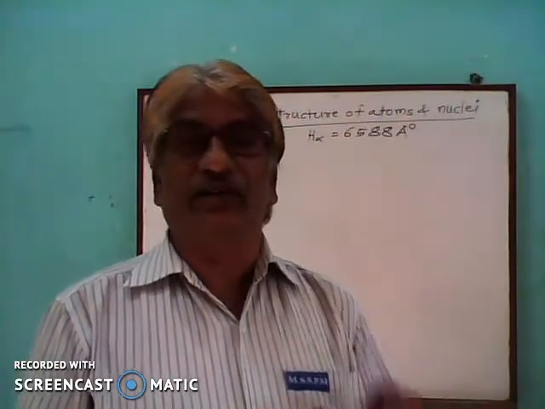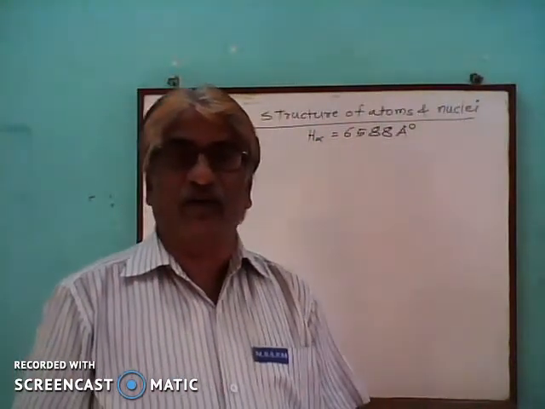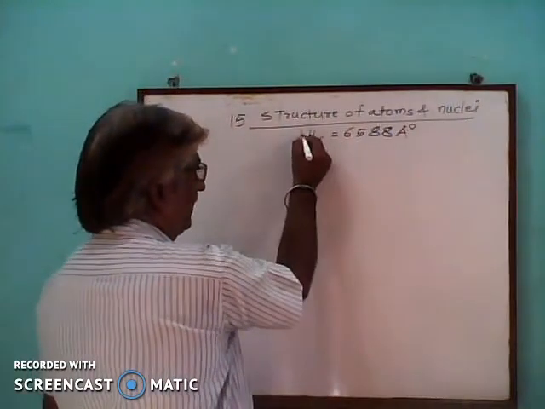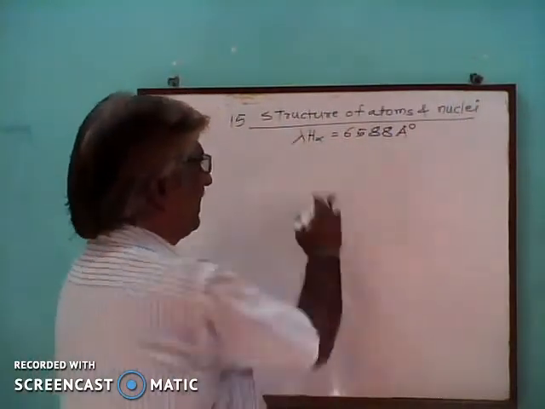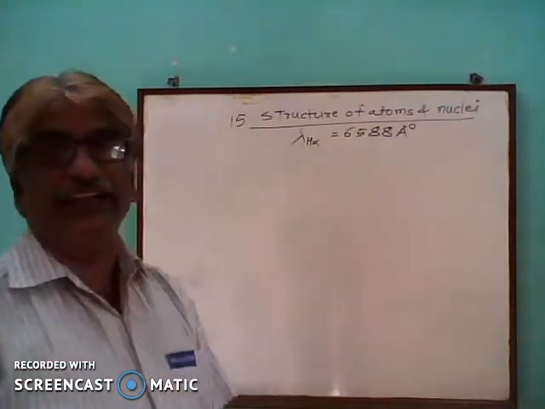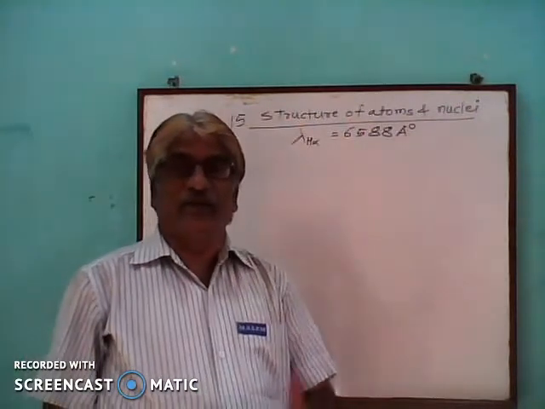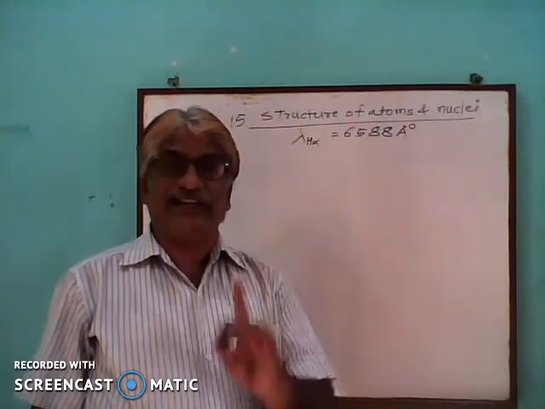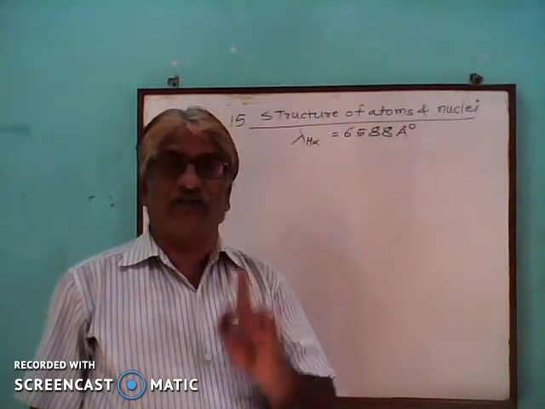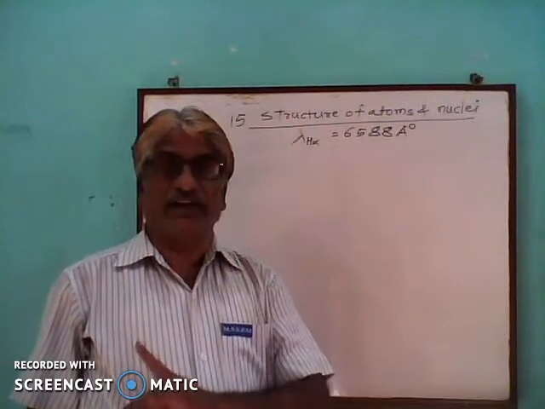Then the question will be asked, if wavelength for H alpha line is given as 6588 angstrom unit, then find wavelength of H beta line, or find wavelength of H gamma line, or find wavelength